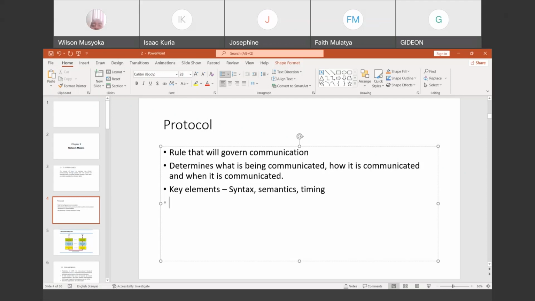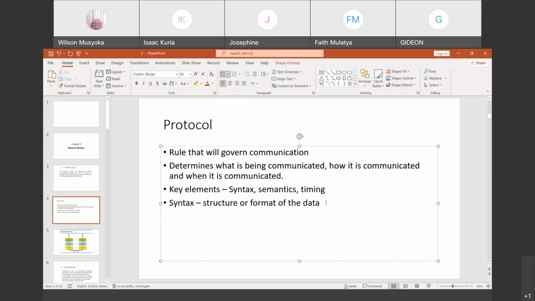So when we are talking about syntax, we are looking at the structure or format of the data. That is what is involved in syntax, whereby you need to show how to read the bits, that is, what is the structure of that data. So that is the first aspect of any communication protocol, where we are talking about the syntax.